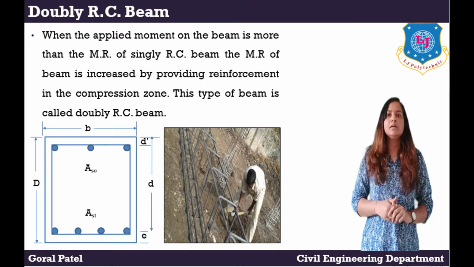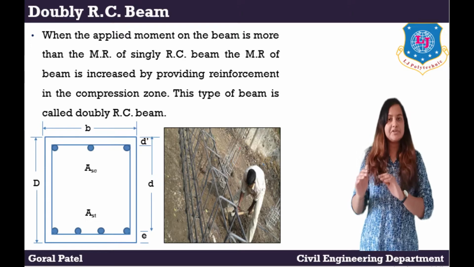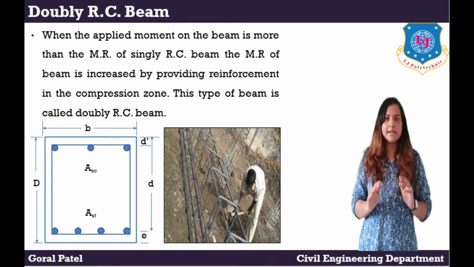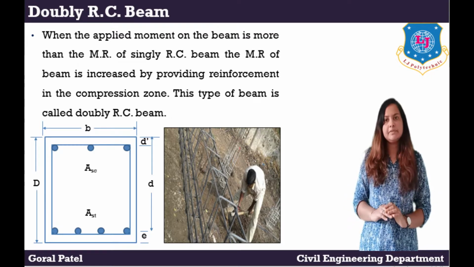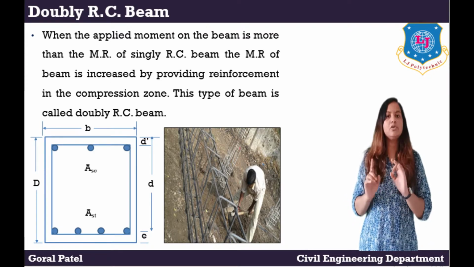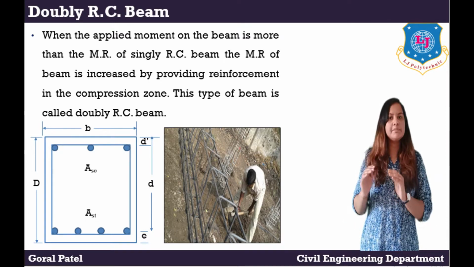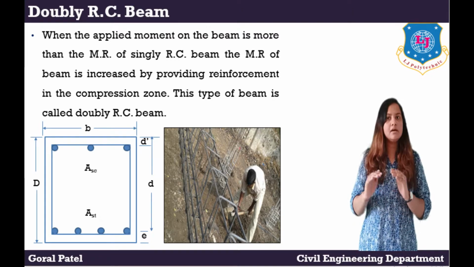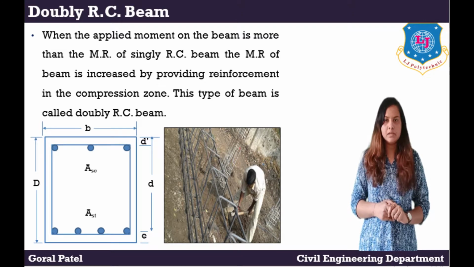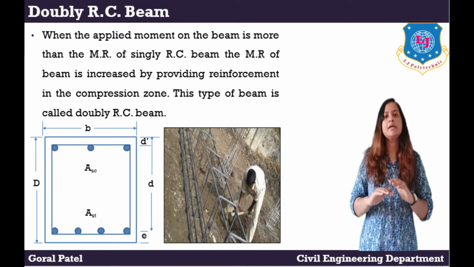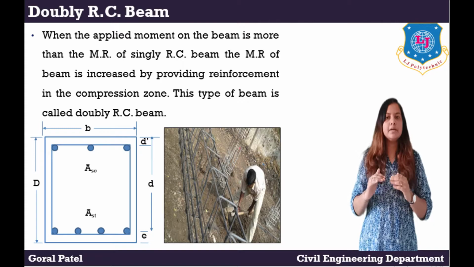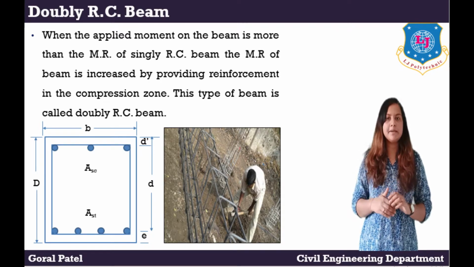Doubly reinforced beam: the beam that is reinforced with steel both in tension and compression zone is known as a doubly reinforced beam. This type of beam is mainly provided when the depth of the beam is restricted. If a beam with limited depth is reinforced on the tension side only, it might not have sufficient resistance to oppose the bending moment. The moment of resistance cannot be increased by increasing the amount of steel in the tension zone. It can be increased by making the beam over reinforced, but not more than 25% on the strained side. Thus, a doubly reinforced beam is provided to increase the moment of resistance of a beam having limited dimensions.